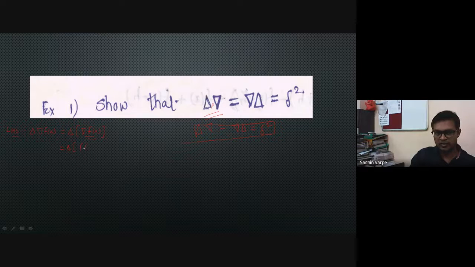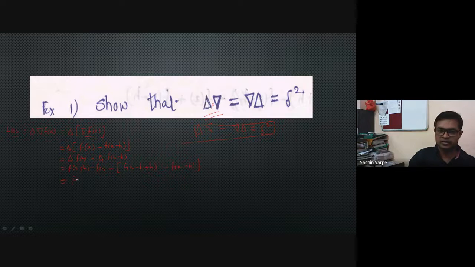It is where we subtract the previous value from the current one, that is f of x minus f of x minus h, right? Now that is delta of f of x minus delta of f of x minus h, right? And what is delta of f of x? Delta means forward, forward means going ahead and subtracting the previous one, that means f of x plus h minus f of x, minus f of x minus f of x minus h.